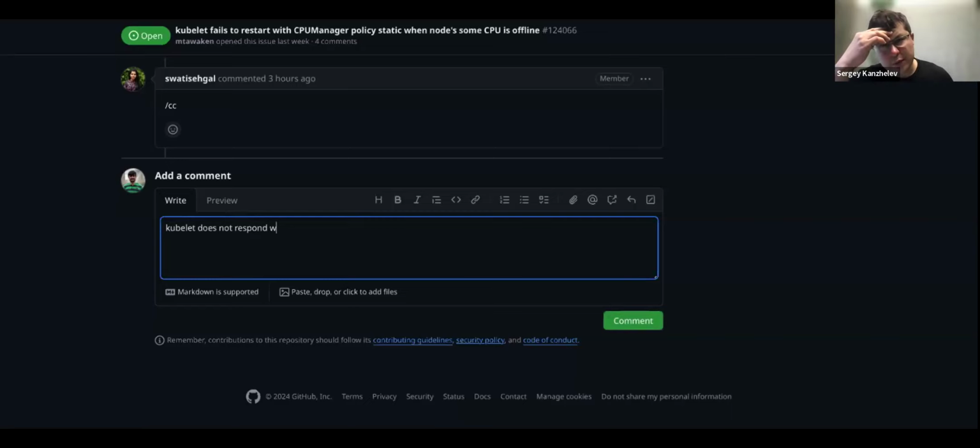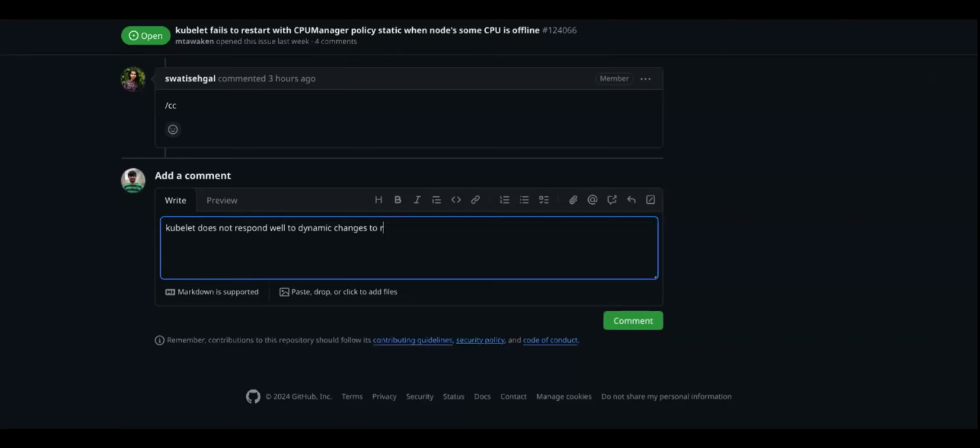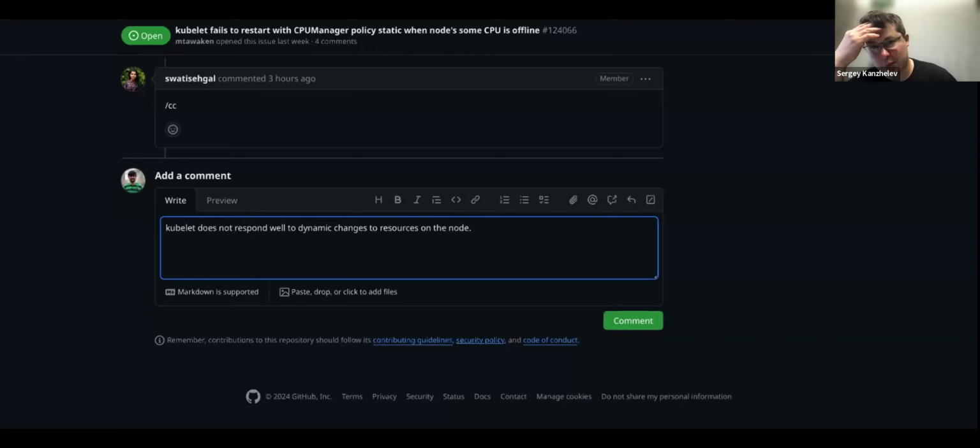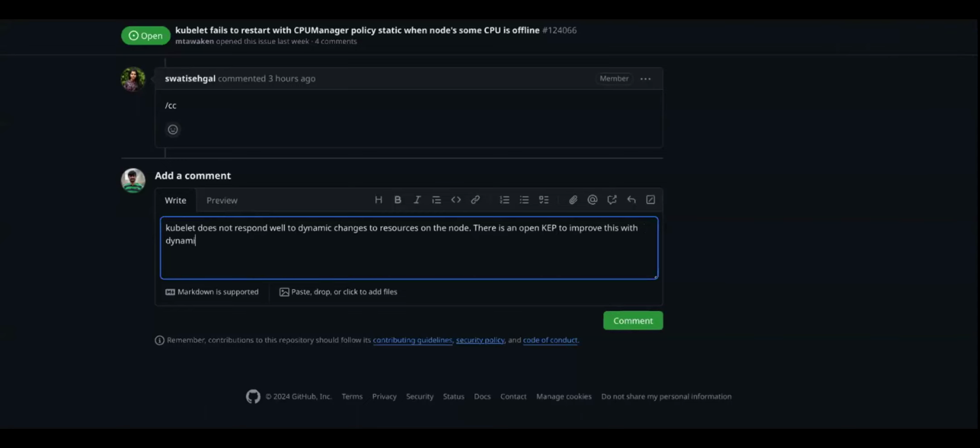Yeah, in this particular case, I think the only way to resolve this is to drain the node, otherwise the checkpoint file will just be stuck on the CPU. So I wonder if we need better instructions, maybe documentation, or maybe a little feature like recalculate checkpoint or something like that. Oh, I totally missed that this is restart. Yeah,